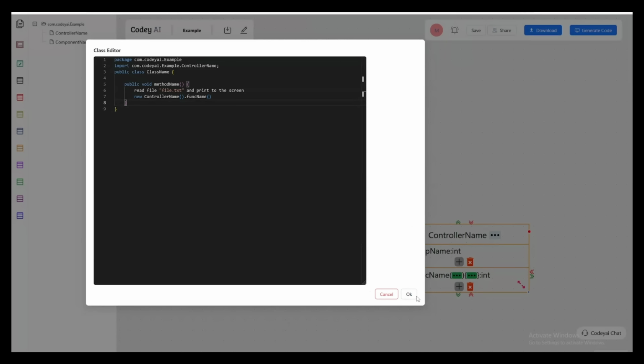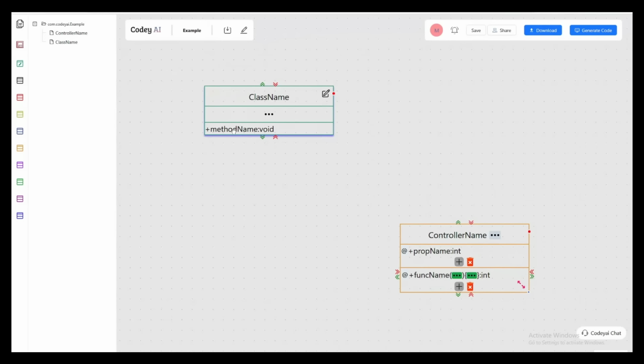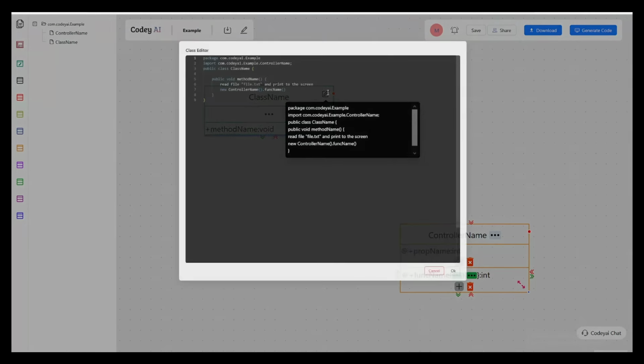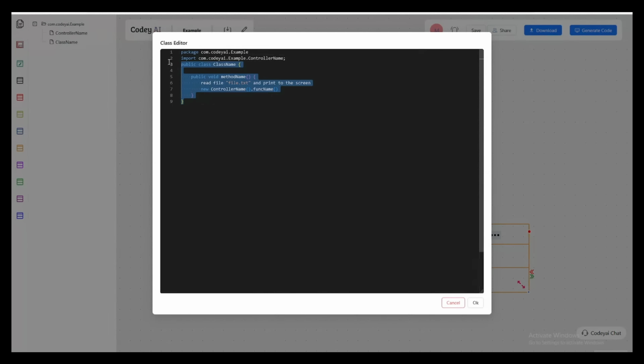And then you click OK, and it will be saved in here. As you see here, the method that we created is added here. Another way that you can handle the custom component, which is pretty useful, is, let's say you want to create something generic, not specific, or you're thinking of editing it in the IDE once you download it. So you can come here and give a comment, say,